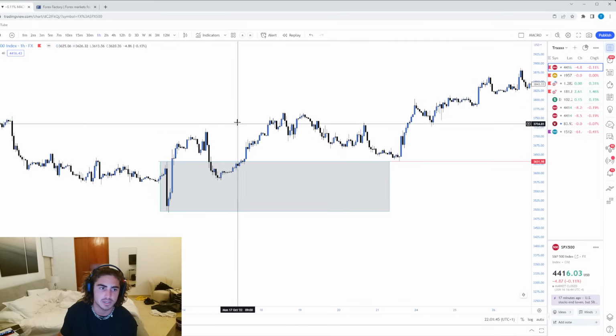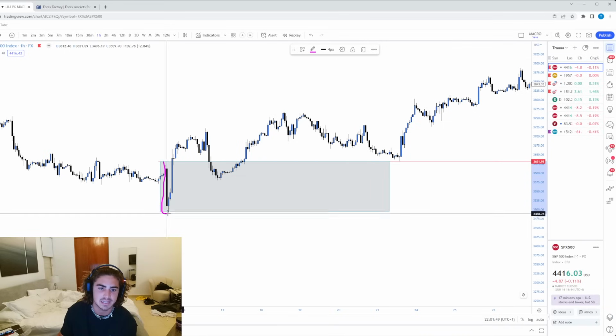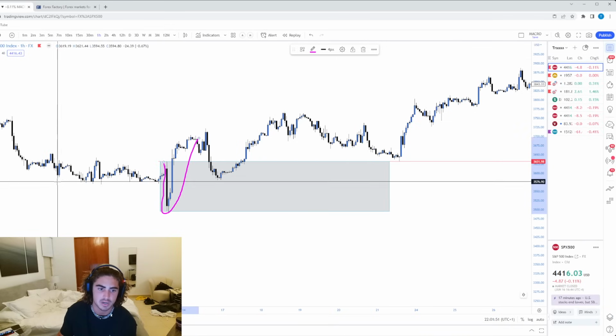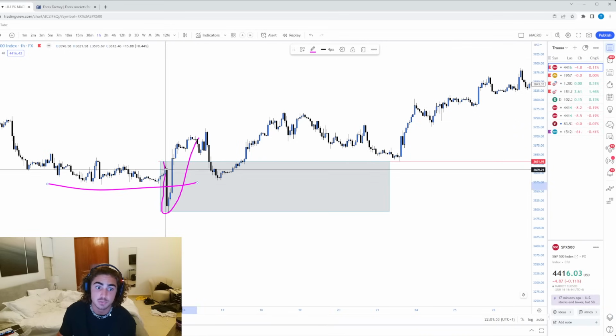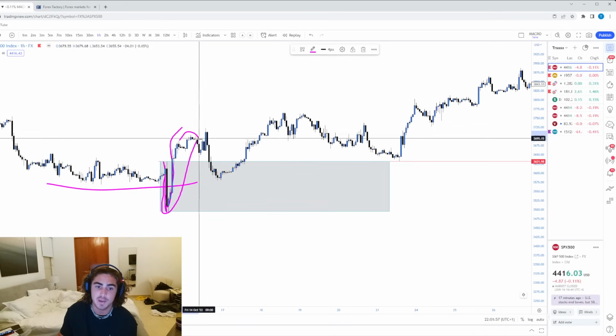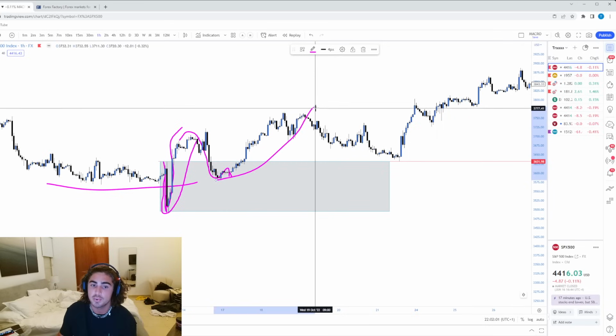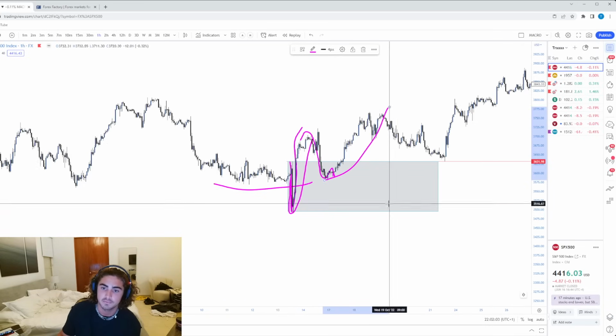This downwards candle, what do we see price do? Okay, we make a leg down before breaking structure to the upside. What is this also? A liquidity sweep. We took out liquidity, we filled orders, we rallied higher. Okay, price draws back into the price range that they were able to fill orders. Boom, price goes higher. If you zoom back,